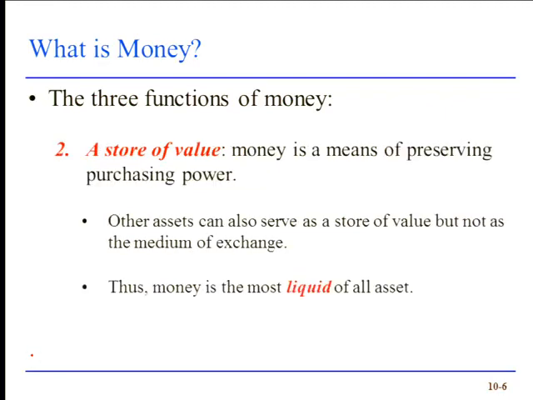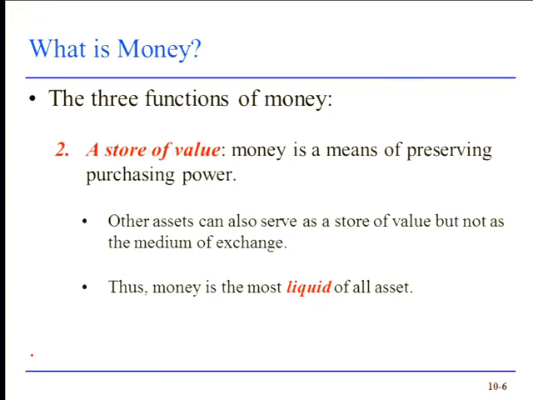The second function is as a store of value. So those financial assets that we use as money can be spent right now. They're very, very liquid in that transactional process, but we don't have to spend it today. Now, I know money often burns a hole in our pocket, and we need to spend it today, but it is possible to actually put it in an envelope, give it to your professor to hold on to for you, put it in a drawer, put it under your mattress, and save it, right, and be able to use it at some time in the future. So it will still have some purchasing power in the future. That's a store of value. There are lots of assets, financial assets, that serve as stores of value, right? Stocks and bonds, houses, lots of things can serve as a store of value.